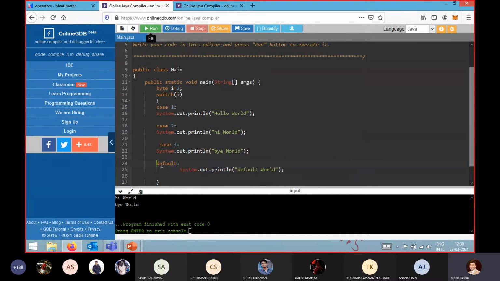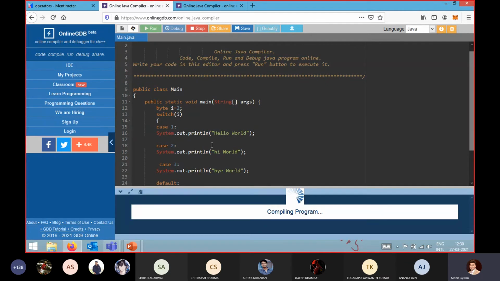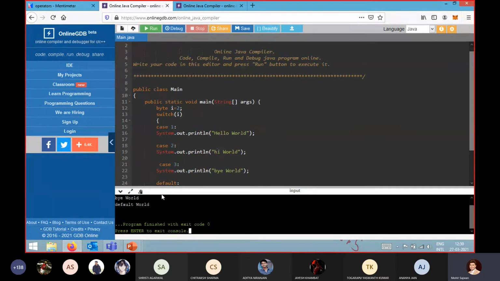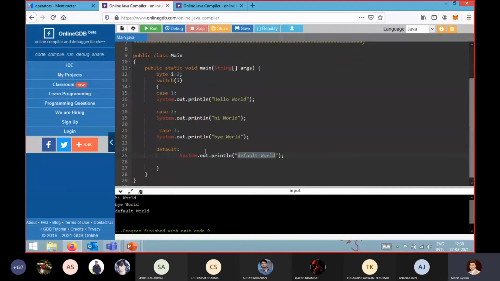Similarly, at last my default statement gets executed. That's why if you execute this code, first of all it will print hi word, then bye word, and then your default word. Because we haven't used a break statement right now, you can see in the output it will print hi word, bye word, and your default word, so it will execute all the cases.